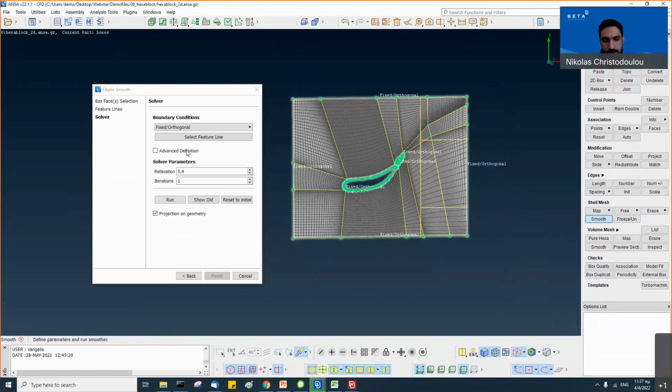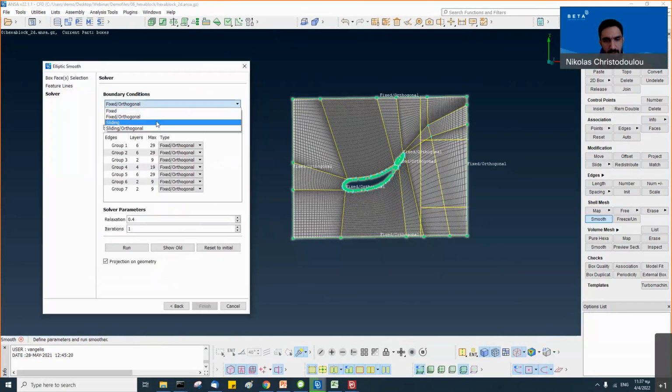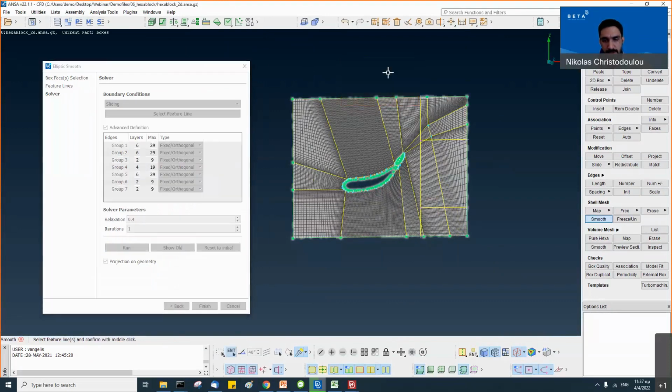And if I activate this flag, we can see now the different options. What I would like to do here, these feature lines, I would like to have them as sliding. This means that we give the freedom to the smoother to move the boxes, slide them, and slide the mesh apparently, in order to have a better result. So here, these are separated in groups, and we can see the different settings.